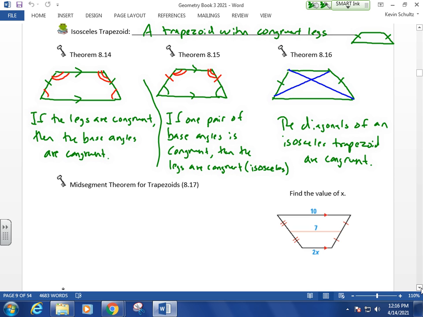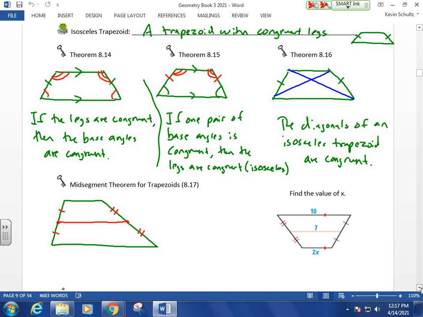Okay, a midsegment for trapezoids. I'll draw a non-isosceles trapezoid here. What a midsegment of a trapezoid does is the same thing as the midsegment of a triangle, which, if you recall, connects the midpoints of the two sides. So roughly draw in the midpoints here, connect them with the midsegment, okay? And in red there's the midsegment of this trapezoid, and we know that it's going to bisect each leg,